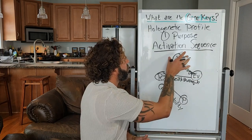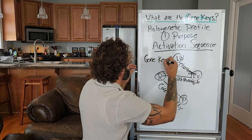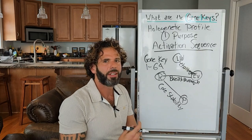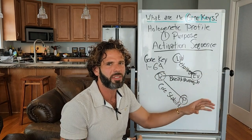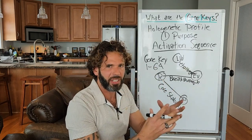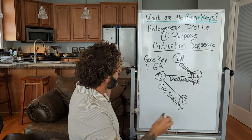Now within each of these spheres, you're going to have a specific gene key. And it's going to be numbered 1 through 64. And each one is tied to essentially an archetype. And those archetypes are derived back through a 5,000-year-old wisdom called the I Ching. And each one represents an energy, if you will. And then we split that energy into 3 component pieces. So we've got